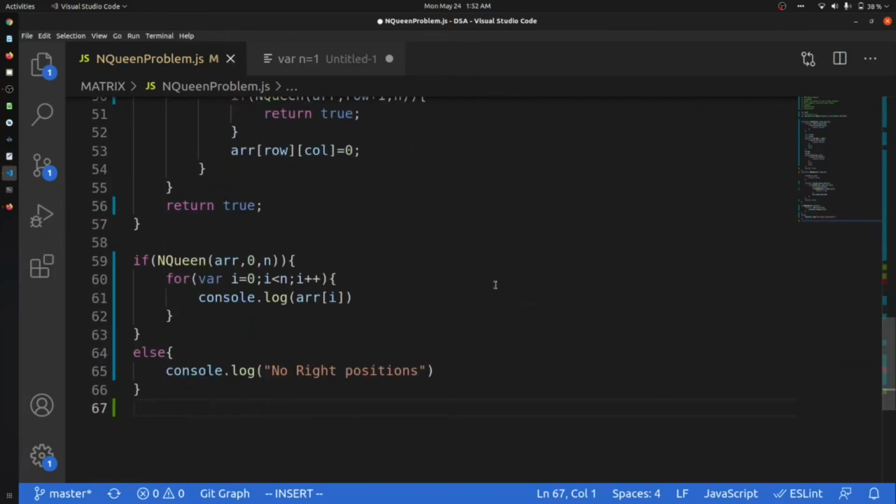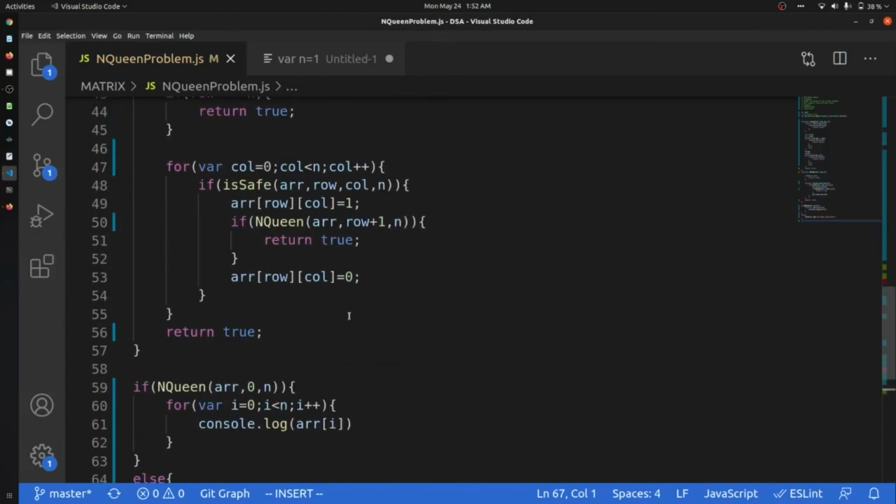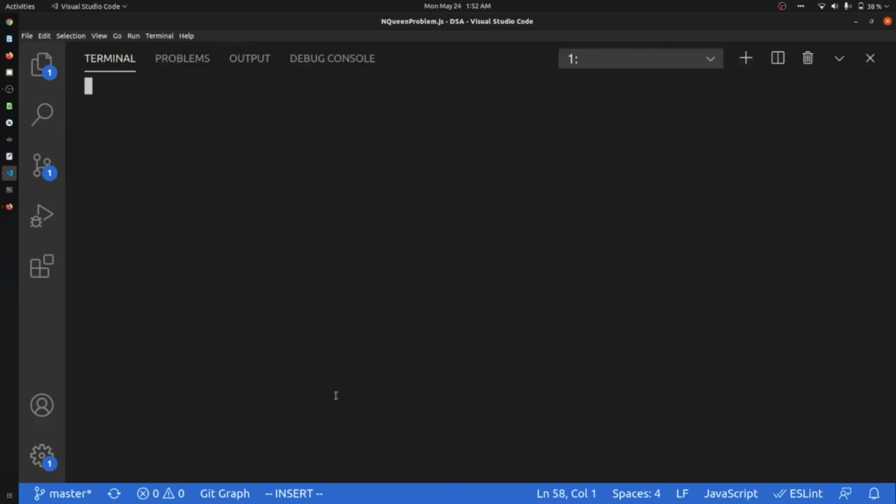In competitive programming, they will never ask you to solve this question in order of n time or anything like that, because as far as I have learned, there is no such way to solve this question in order of n time. So let me just solve this.